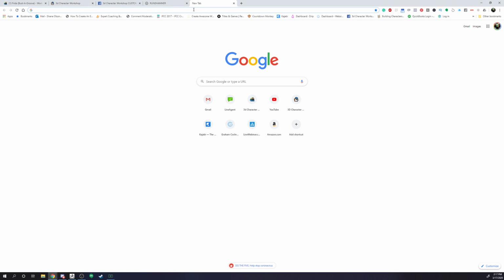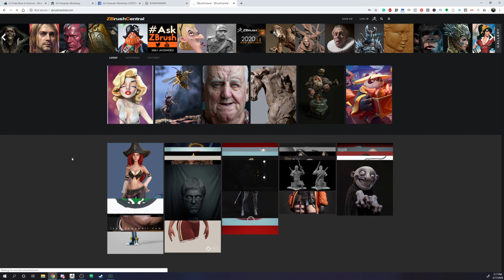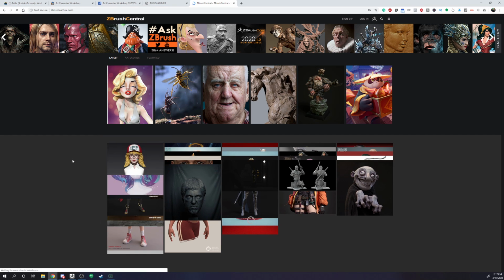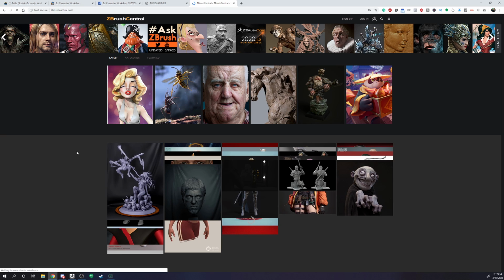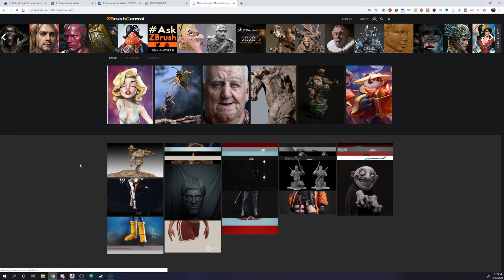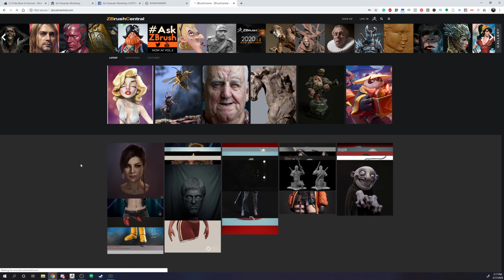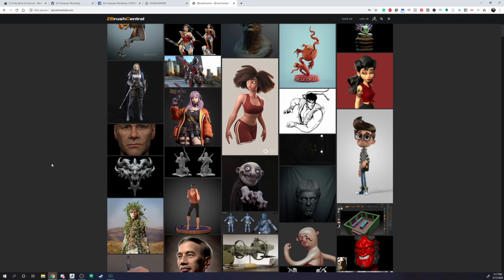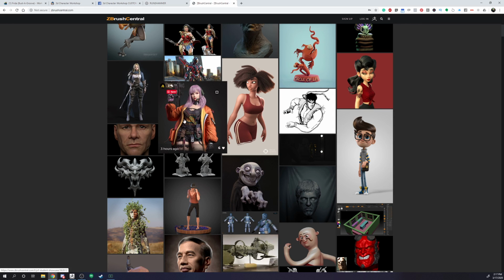So if you go over to ZBrush Central and you look at what's happening over here, it's very, very similar, except it takes forever to load because there are all these images. It's just not very streamlined. But I'm like, there must be some kind of forum that they're using behind the scenes that is just making this happen. And especially when you click on one of these images, I noticed that on the, well, if it ever loads,